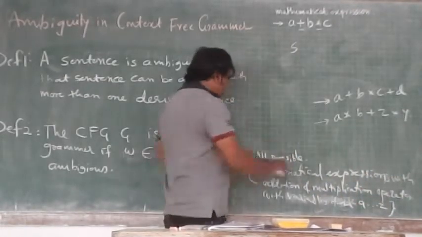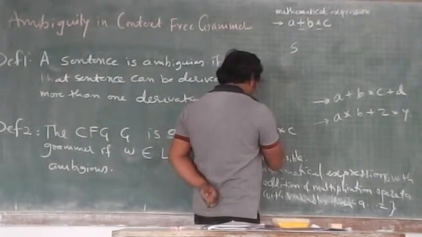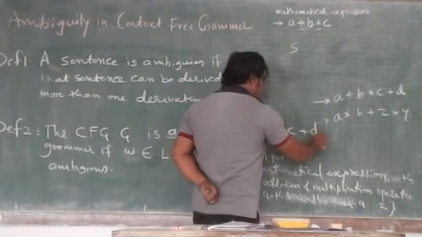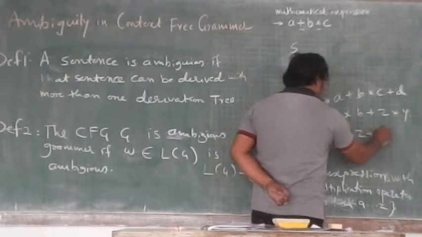Third, some way A plus B into C, A into B into C plus D plus E plus Z into P